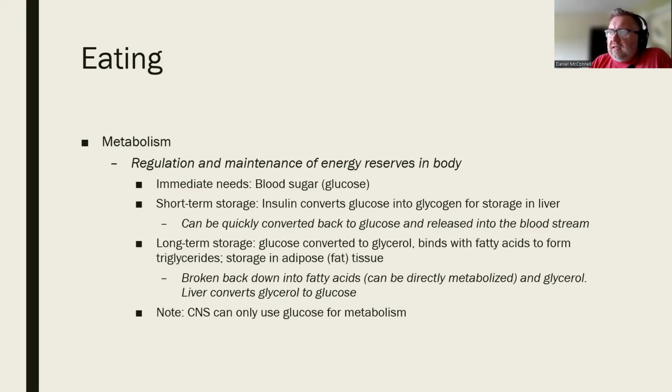So that means that body fat is not really used to replenish blood glucose in the short term, right? Like if I need energy right now to run down the street, the breakdown of body fat is not going to help me out very much for that, right?